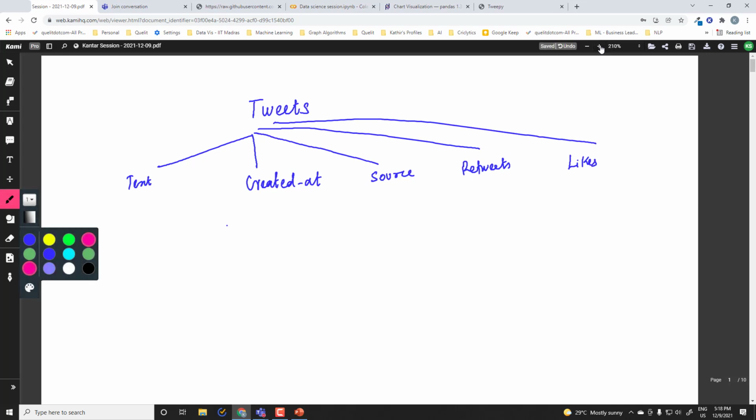What we typically do when we get a data set, not for tweets alone, irrespective of whether you take it from a banking domain, a media domain, HR data, any data which is in a structured format, the approach that we follow is first to define the data types.